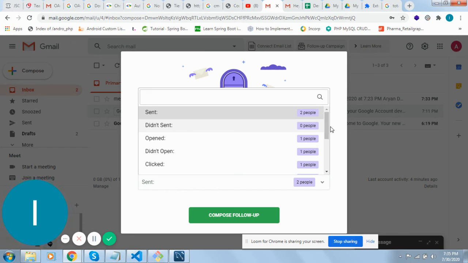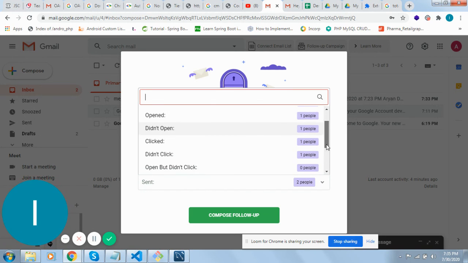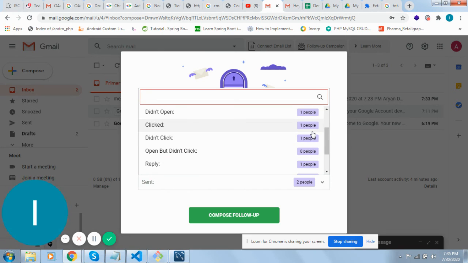See, we have just seen, didn't open: one person didn't open your mail. Clicked: as I have already clicked from one email address, it's showing one from one has been clicked. And didn't click: one person.